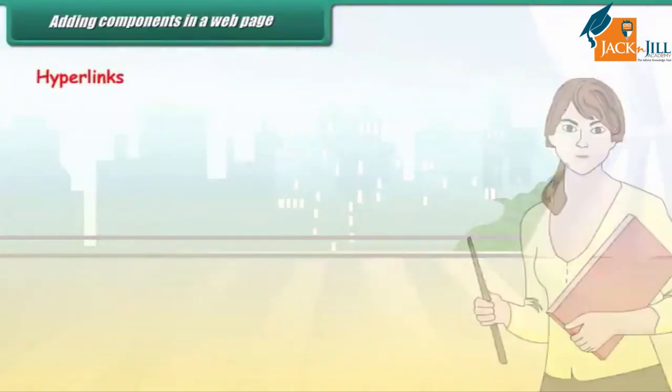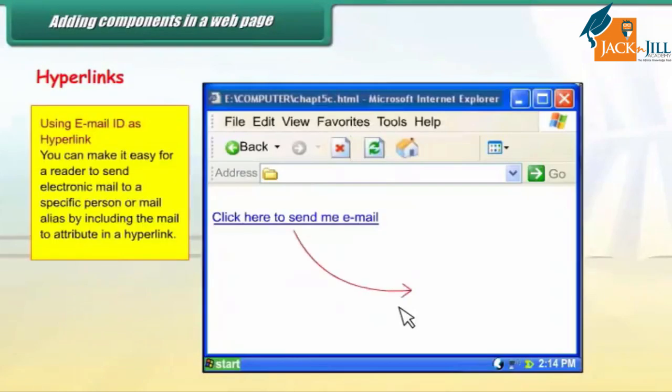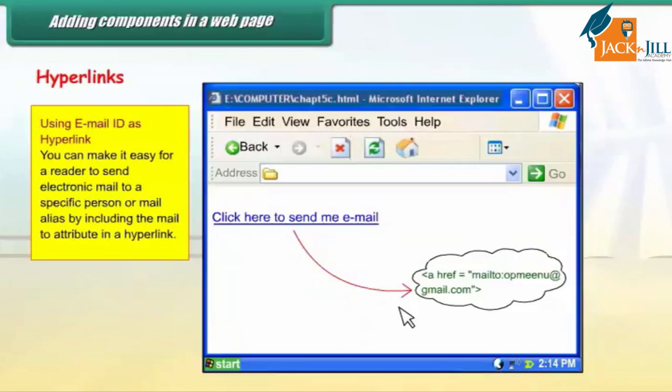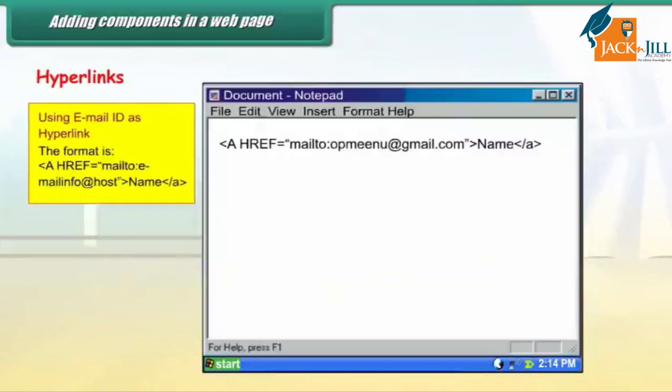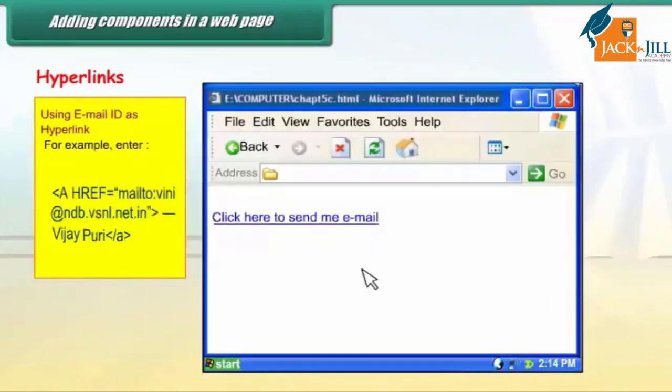Using an email ID as a hyperlink. You can make it easy for a reader to send electronic mail to a specific person or mail alias by including the mailto attribute in a hyperlink. The format is, for example, enter